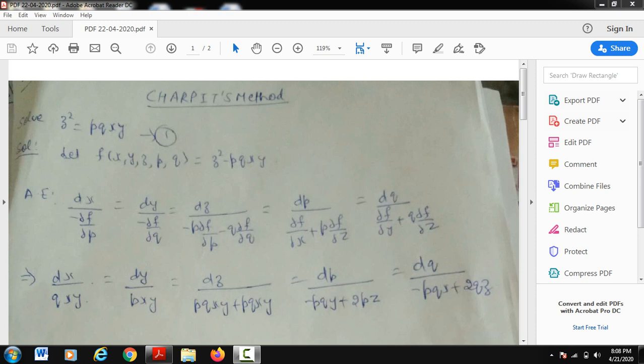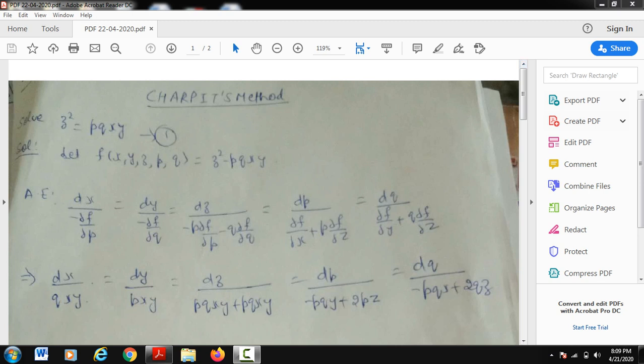As we have already finished our syllabus, these lectures are only for your revision purpose, and I am giving you the revision of those topics which are very important from the examination point of view. Last time we discussed the classification of the second order partial differential equation of degree 1, and right now I am going to discuss one more method, which is known as Charpit's method.